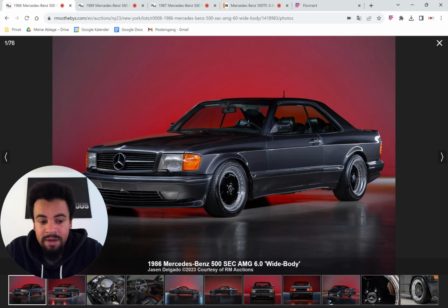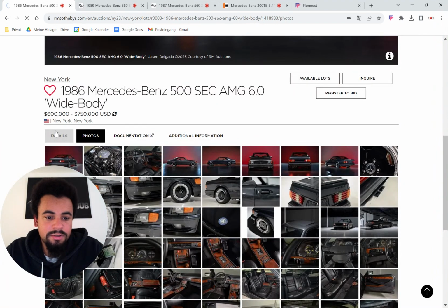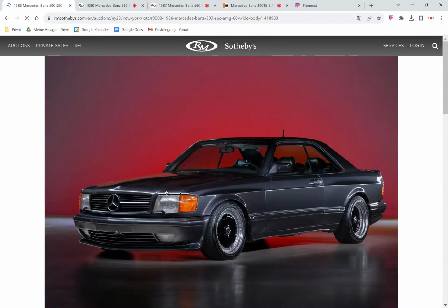And so I think I know they did that, and I think this car, especially because it's such low miles. I don't know the owner. Even though he's from Germany, I don't know him. I don't know who it is. I'm not a professional by any means on these cars. Like I said, I've been around them, but I don't know every single thing about these cars. But what's curious to me, and I'm going to go back here and go to details, is